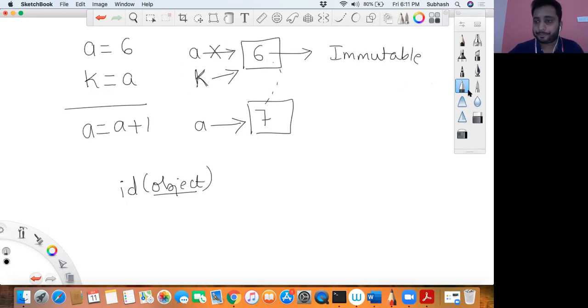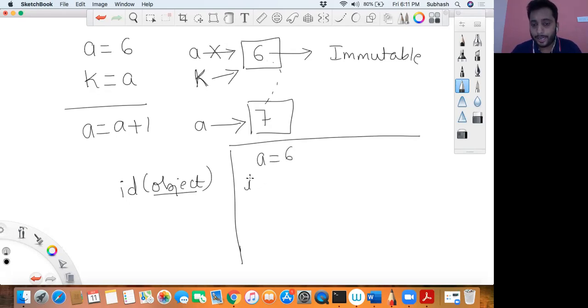So let me now take the same example again for your understanding. If I say a is equal to 6, and then I say id, how does it look in memory? You'll have a constant 6, and a is a reference to it, correct? So a is referring to it. Now if I say id of a, it must give me one number. I'm just giving an example, 3, 5, 6, 7 or something like that, identifying this memory location. It will give this number as id of a.